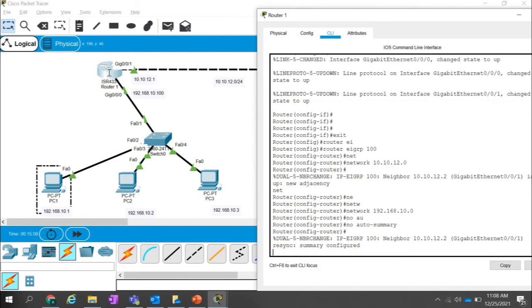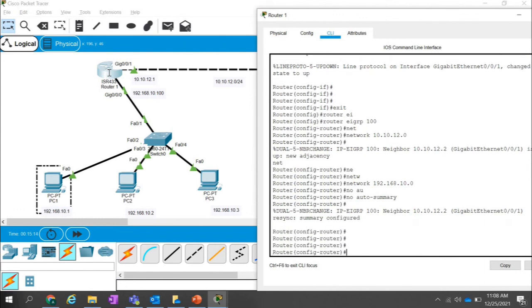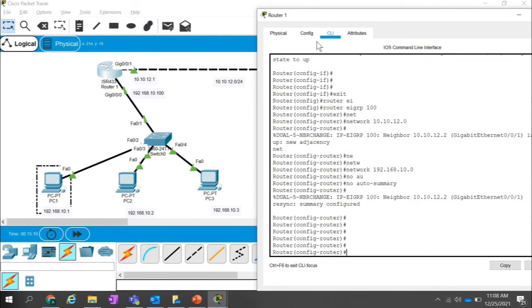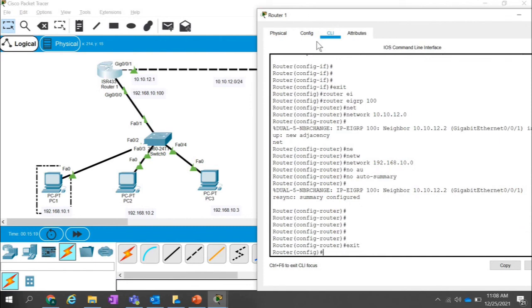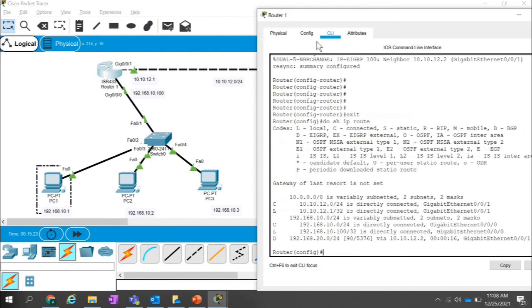Once you give the command no auto-summary, let's check the routing table. Do show ip route. So now we are having the information about the 192.168.20.0 network. If I delete that command, then earlier we were not having this information.